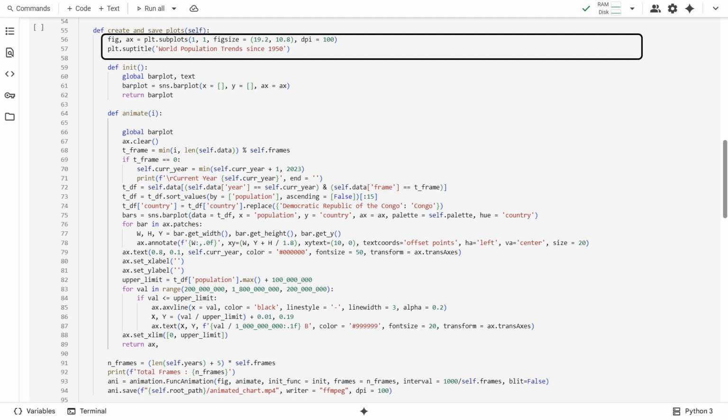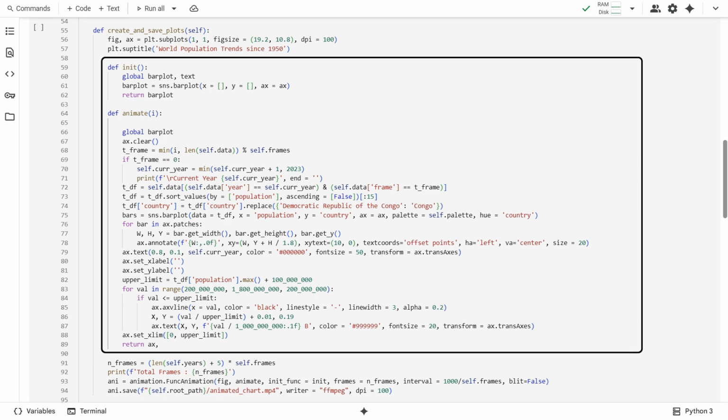Now, the most interesting part: creating and compiling the plots. First, we fix the layout of the plot. Since we are creating a video, we are going to choose a 1920 by 1080 resolution. This translates to a 19.2 by 10.8 matplotlib figure, with a DPI of 100. We also set the title that should appear on the plots.